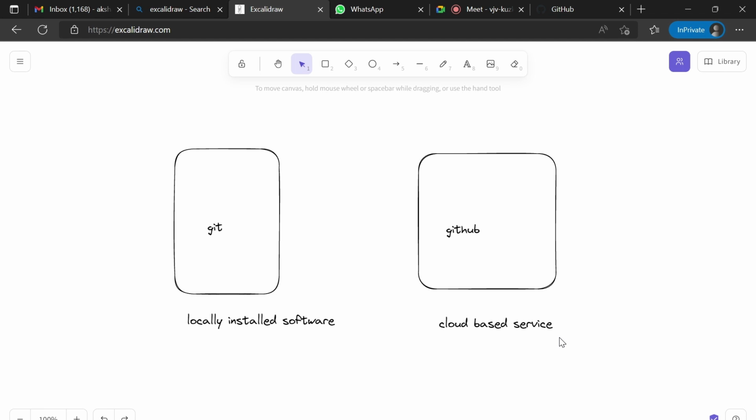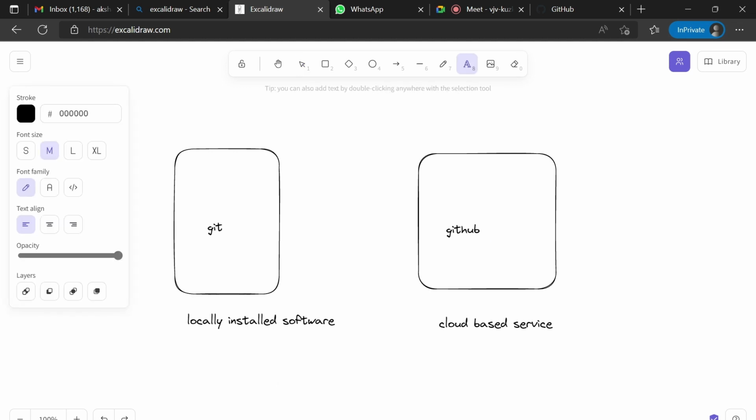something is hosted through different remote physical devices, and you can access it through the network. So that is the first difference. Locally installed software means it is on your local machine, while GitHub is available over the network, over a website, meaning over the internet, hosted on some remote physical device. Now what do they do? Git is used for managing or tracking changes in your code repository. Manage or track changes in code, in the code repo.